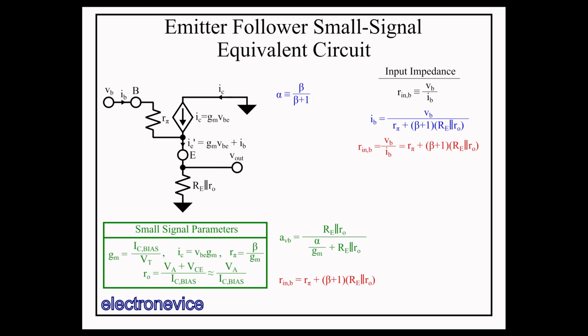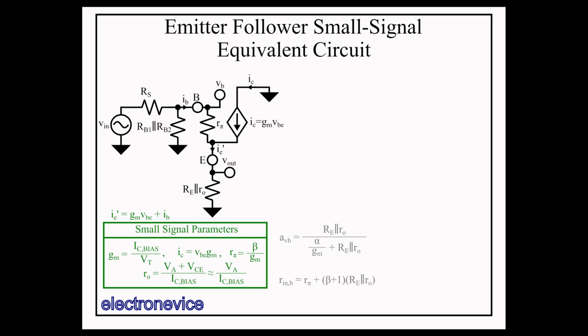Okay, now that we have the gain and input impedance of this circuit, we can add back in our source resistance and biasing resistors. The effect of the source resistance and the biasing resistors is to apply a resistive divider to the input voltage. This resistive divider, however, incorporates the input resistance of the right half circuit we just derived. So to get gain, we first want to get VB in terms of Vin, which is just this resistive divider, with the biasing resistors in parallel with the input resistance, with respect to ground, looking into the base, which we previously calculated.